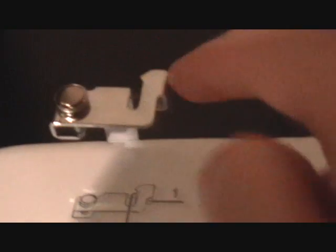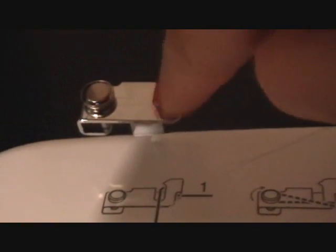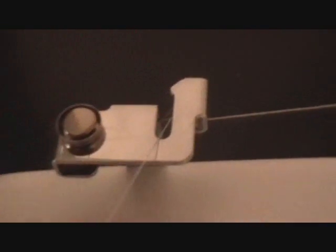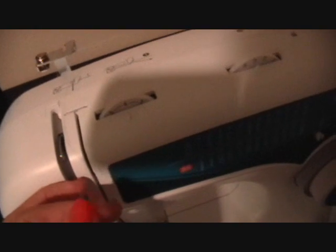gonna be different. It's not gonna go through this round thing. It's gonna go from the bottom to the top, bottom, top. So here's your thread, bottom, and into this little thingy, and going down. Now, as you can see, hold on to the ending, there's two lines. So you gotta take your thread and go through the right